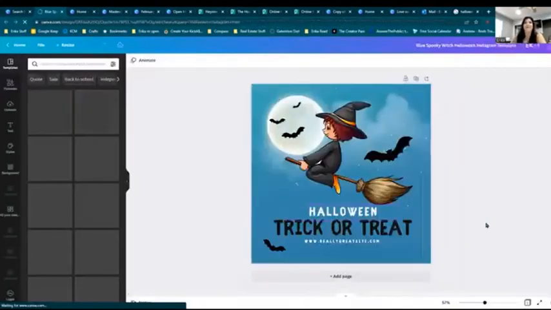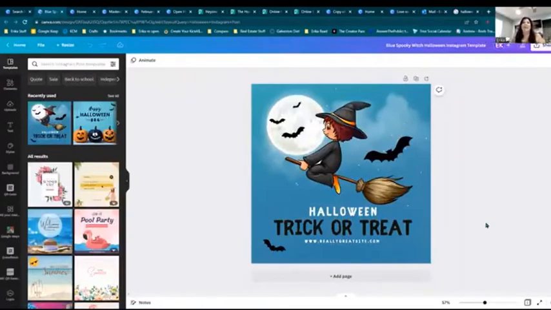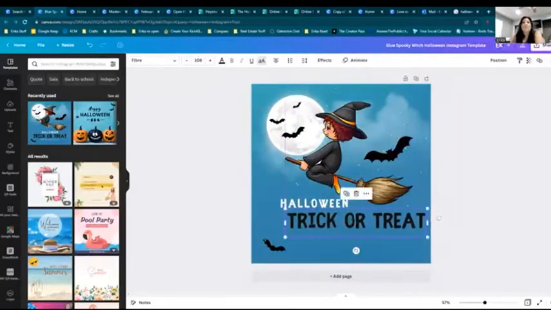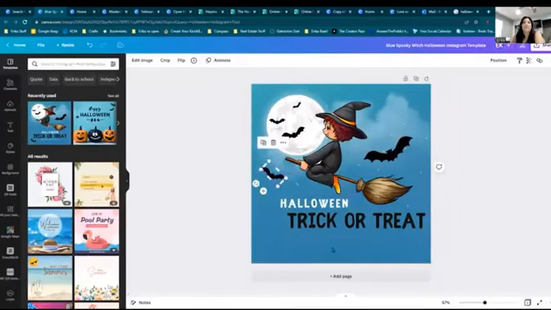And this is one that's already done, right? So you could actually put your website in here if you want. I'm actually going to just kind of play around with this one, and we're going to move some things around. So I'll just move this up here, and I can move the trick or treat up here, and I'm going to move the bat up here. Now, obviously, if you wanted to, you could post this exactly as it is,